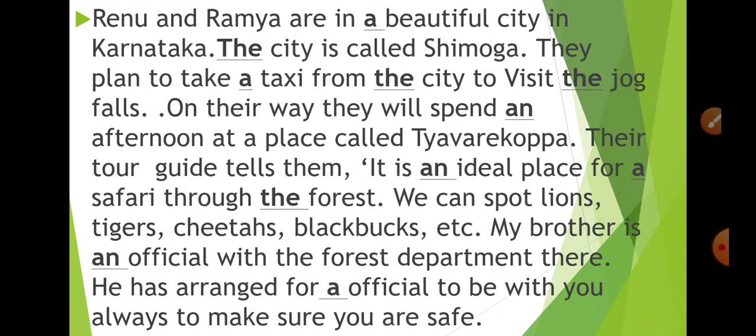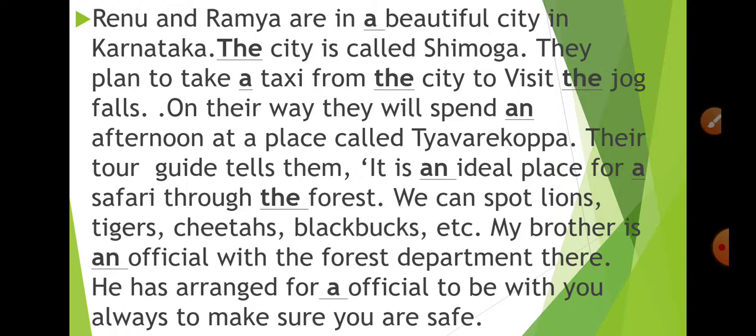Their tour guide tells them it is an ideal place for a safari through the forest. We can spot any lions, tigers, cheetahs, black bucks, etc. My brother is an official with the forest department there. He has arranged for an official to be with you always to make sure you are safe.